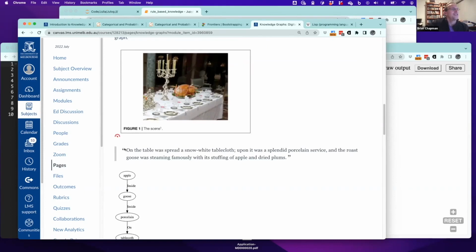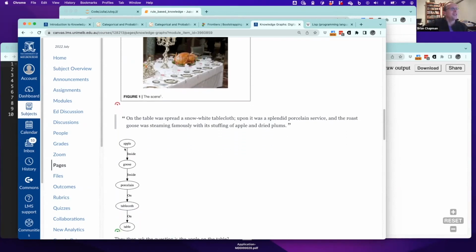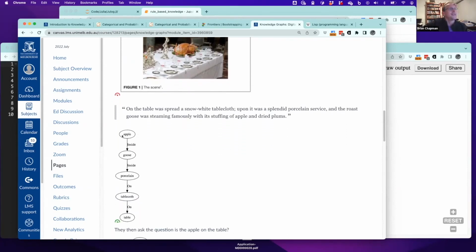And then here is Hans Christian Andersen's description of it. On the table was spread a snow white tablecloth. Upon it was a splendid porcelain service, and the roast goose was steaming famously with its stuffing of apple and dried plums. Okay, so then they construct this knowledge graph where there's an apple inside a goose, which is inside